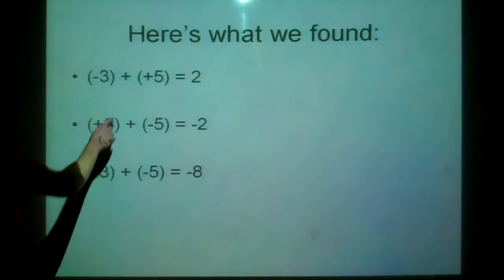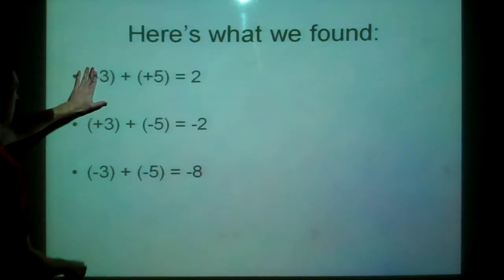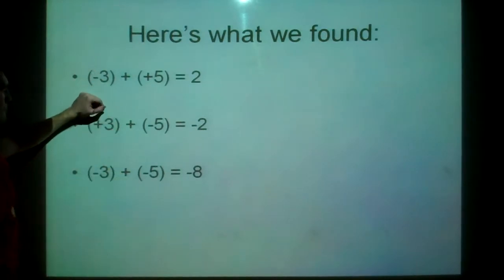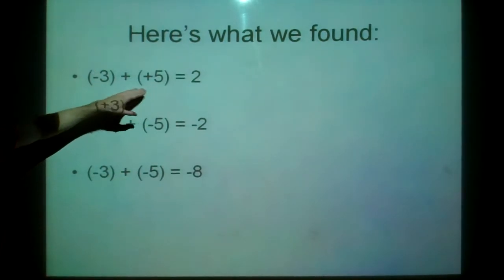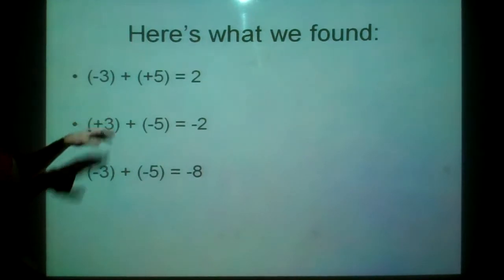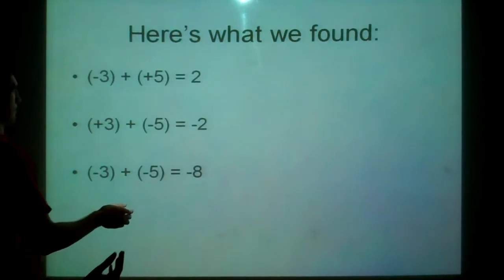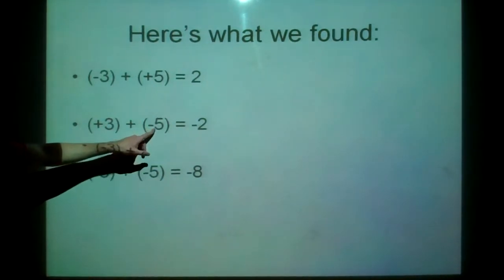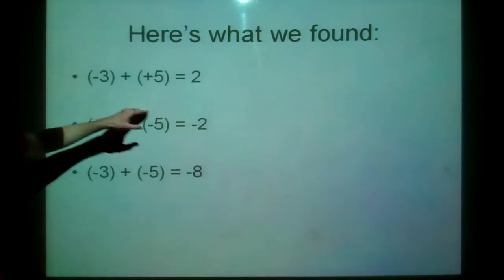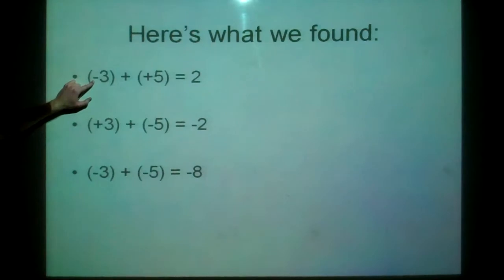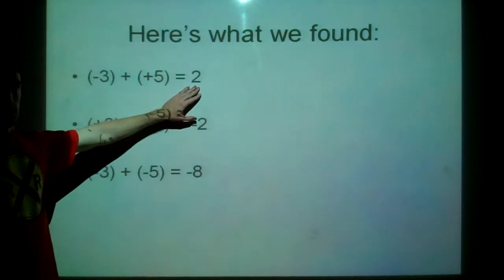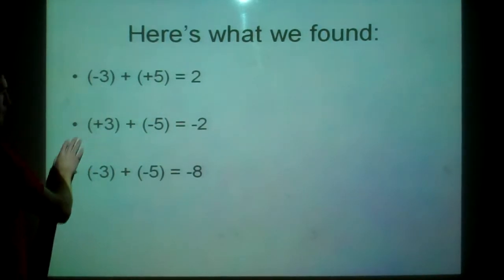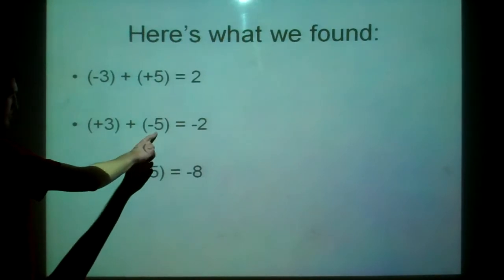So here, negative 3, well, let's just look at 3 and 5 without the symbols. 5 is bigger than 3, so this basically says 5 minus 3 if you think about it the other way. 5 is the bigger number. If the bigger number has the negative, like in this one, you're going to get a negative answer. If the smaller number has a negative attached to it, you're going to get a positive answer. So this is more positive than this is more negative, and this is less positive than this is